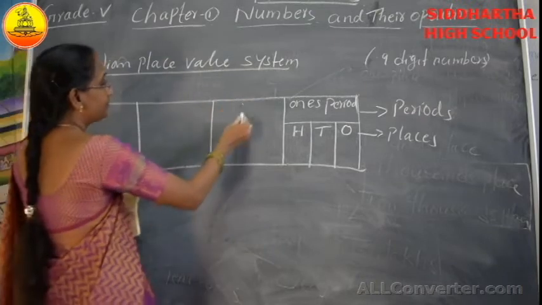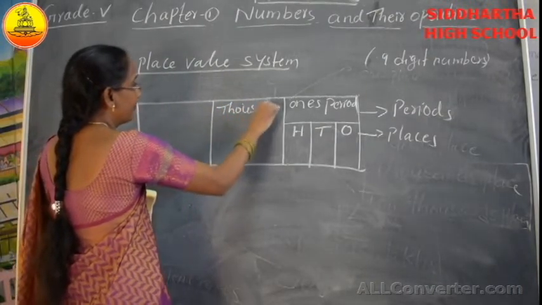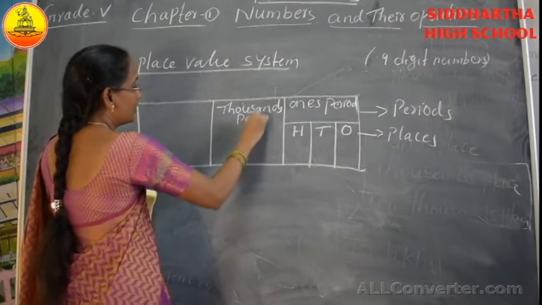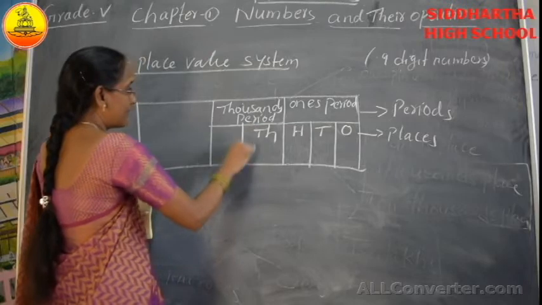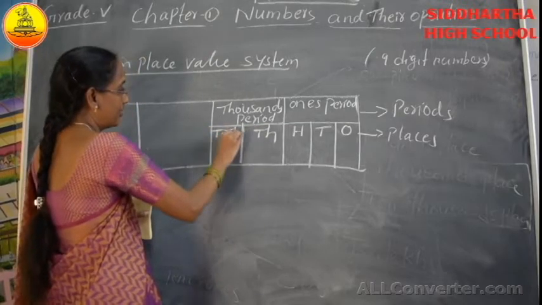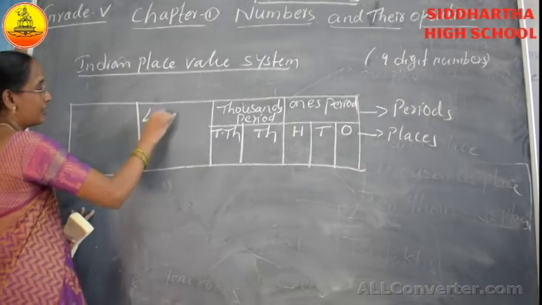Next one, thousands period. The thousands period has the thousands place and the 10,000 place. Thousands place and 10,000 place. Next one,